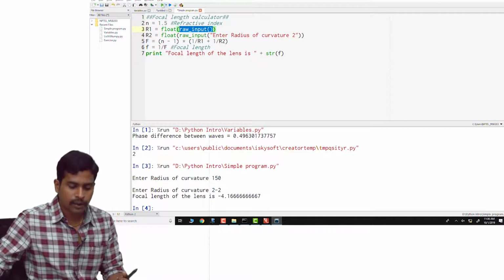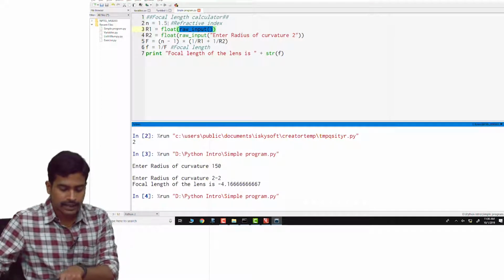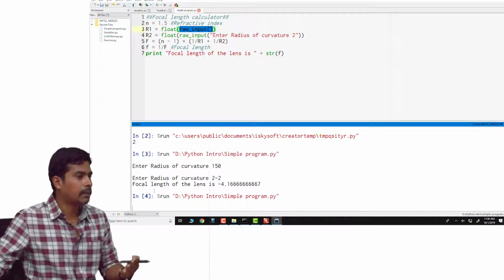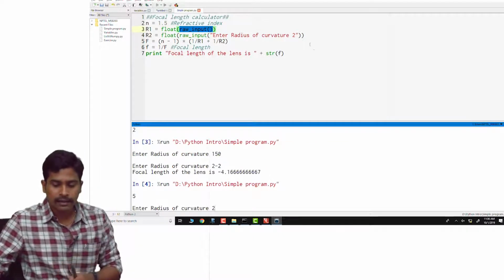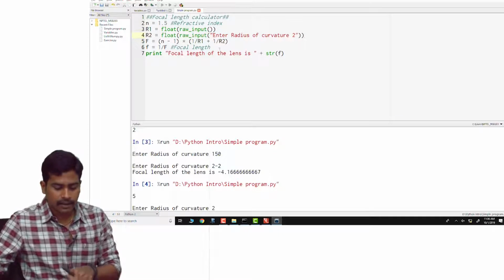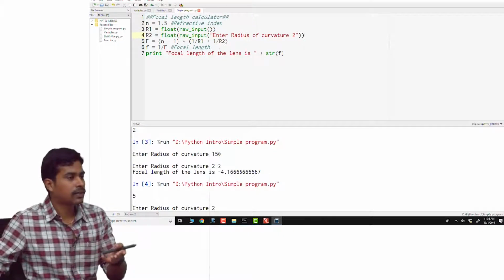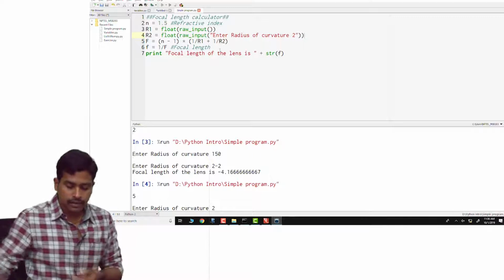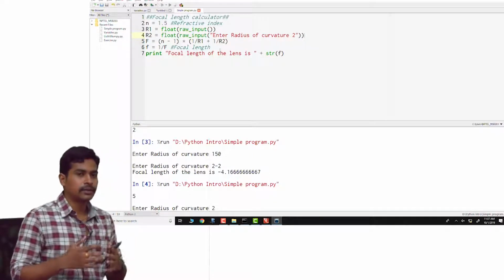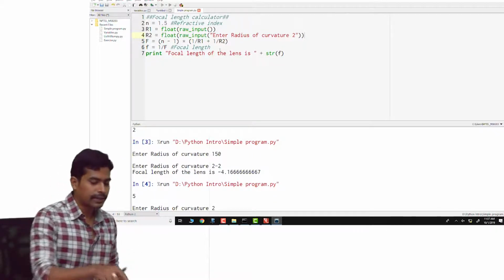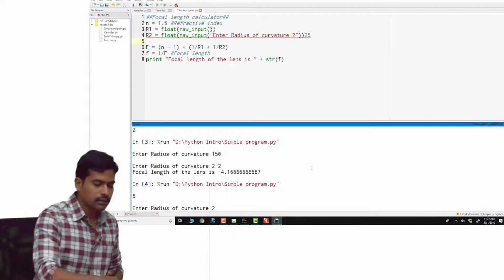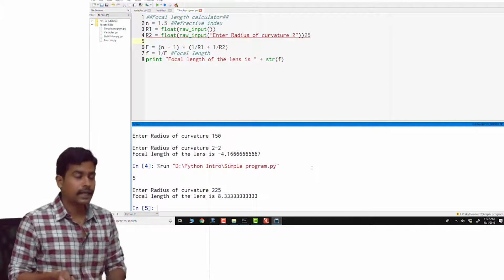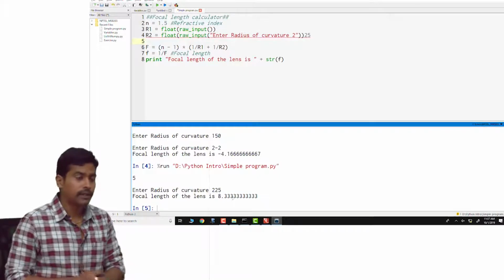If I run this program, it is not asking to enter the radius of curvature of the lens, but it is just blinking, waiting for us to give a number. If I say 5, it goes to the next line where we have given the string and it displays, what is the radius of curvature of R2? So this is more informative. I mean, you will know what you are supposed to do. Okay. So now let's give some other value. Now it has again calculated the focal length and the value is 8.33.